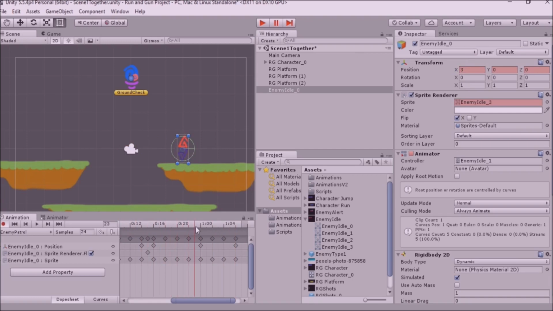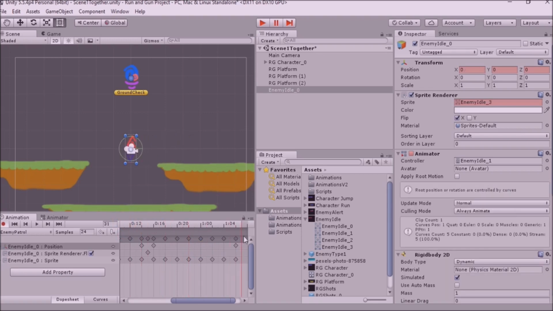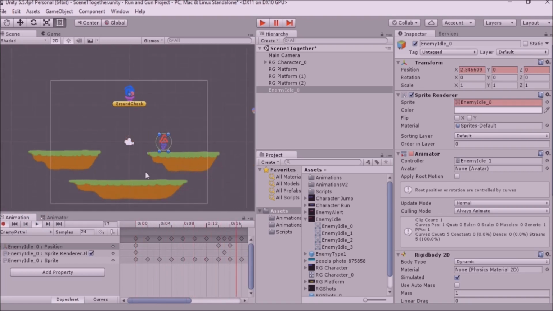Okay, it hangs out, kind of hanging out for too long over here, just because we have that. But it stops, hangs out, comes back, and then the animation should loop from there. So let's just take a look at how that goes. Still kind of fast, but for what we're trying to demonstrate, it's pretty good. So our characters moving side to side, or our enemies moving side to side, which is pretty good